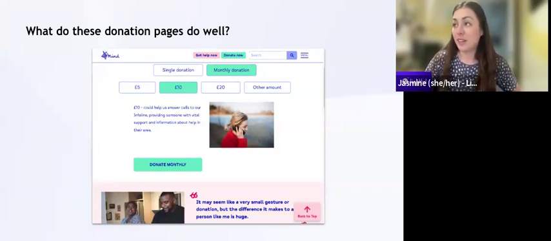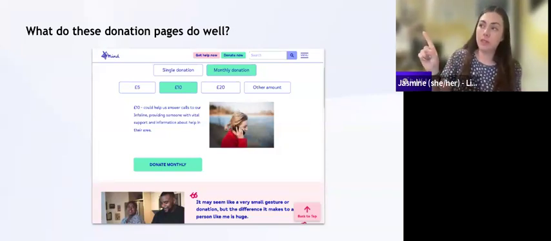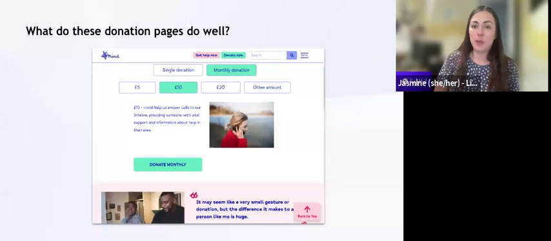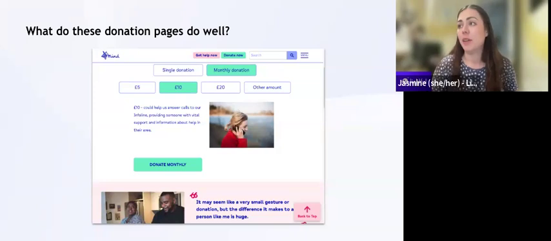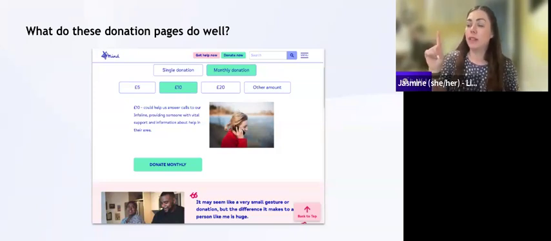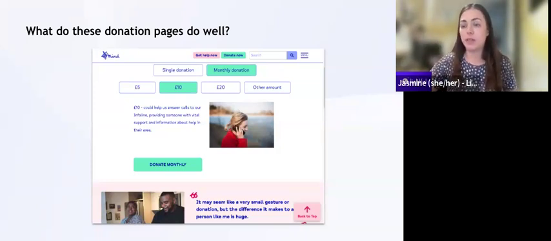I think the other thing this page is doing as well is they've also defaulted to the monthly donation option, which I've seen quite a lot of organisations do lately, because people can of course choose to give as a one-off if they prefer, but that can be a good option really, for people to just think through. I mean, perhaps they could give monthly. And underneath they've got an explanation of what that £10 monthly donation would do specifically.